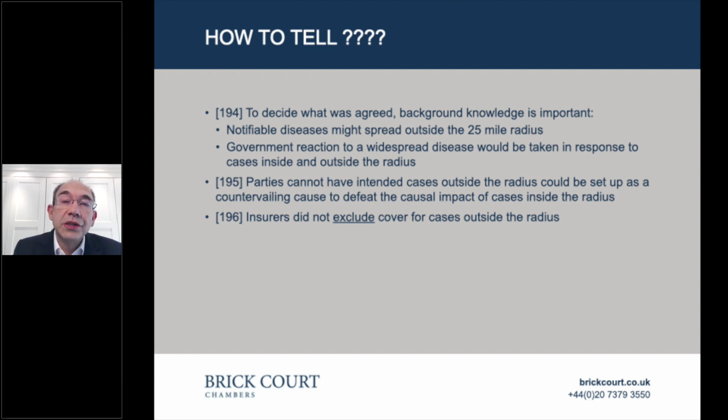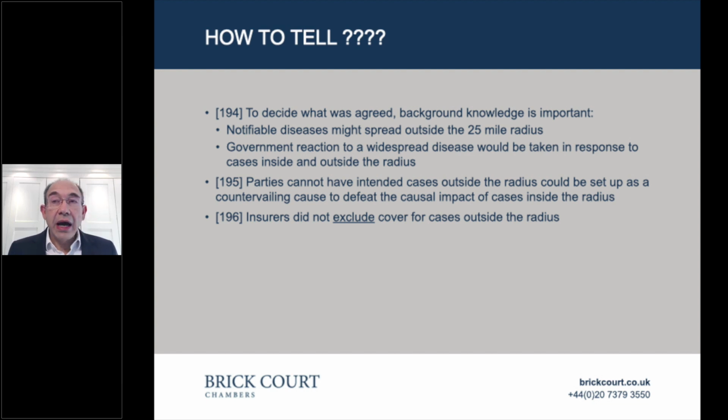But most of the losses were caused by government interventions which were not themselves caused by occurrences within a radius of the premises, but instead were caused by occurrences all over the country. So it's a bit like the two fires, but instead of two fires, you've got hundreds of thousands of fires, and they all converge to burn down the property by the government closing down properties. But only one of the hundreds of thousands of fires was from an insured cause, namely cases within the radius of the premises. So how do you tell whether a particular policy was intended to cover one insured cause when it only causes loss in combination with hundreds of thousands of other